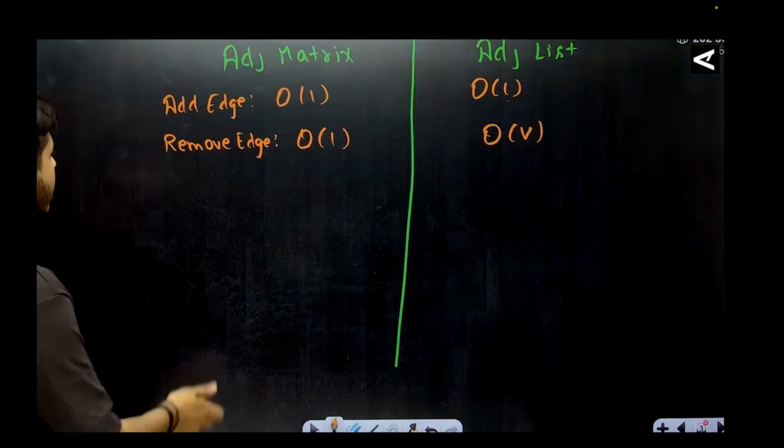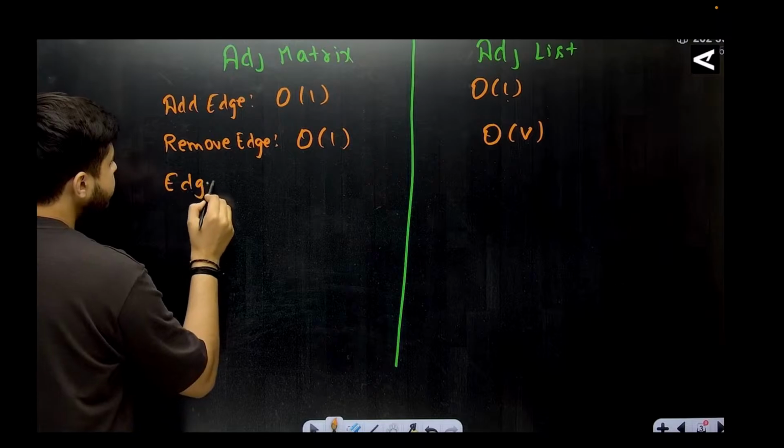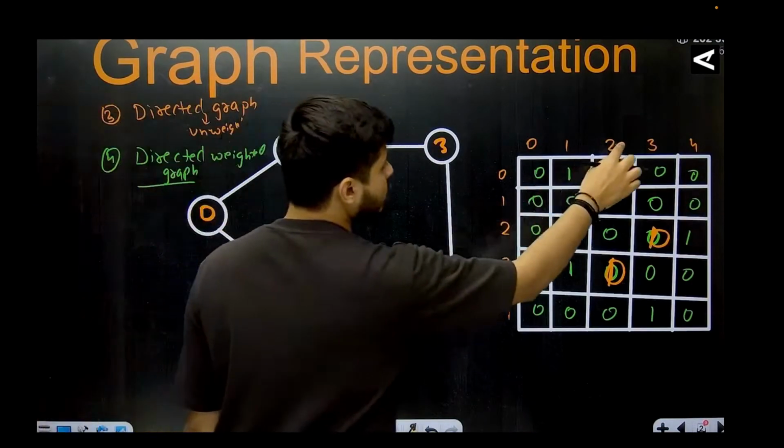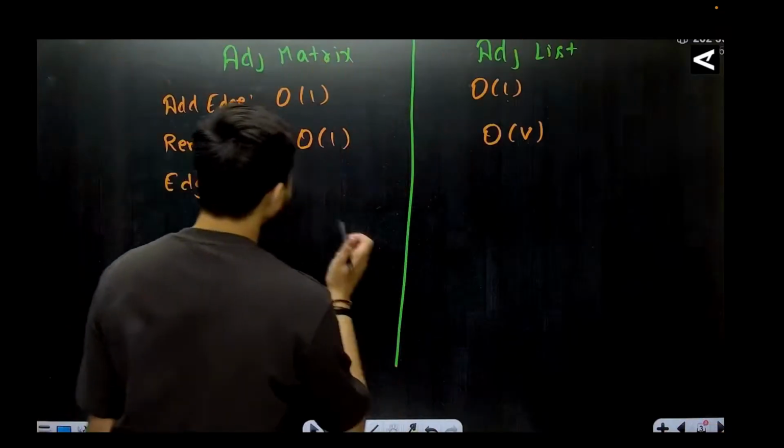हां जी, तो आपको v-1 शिफ्टिंग करनी पड़ सकती है, तो मैं बोल दूंगा उसको ऑर्डर ऑफ v। क्लियर। हां जी, अगर मुझे ढूंढना है कि क्या कोई एज एग्जिस्ट करती है, मुझे सिर्फ ये ढूंढना है कि क्या एज एग्जिस्ट करती है, मैं आपको बोल रहा हूं मुझे चेक करना है कि 1 से 2 में एज एग्जिस्ट करती है, तो आप सीधा यहां पे देखोगे 1 से 2 में वैल्यू एग्जिस्ट होगी तो कर रही है, नहीं होगी तो नहीं कर रही है। तो ये काम तो मुझे कांस्टेंट टाइम में पता चल गया,